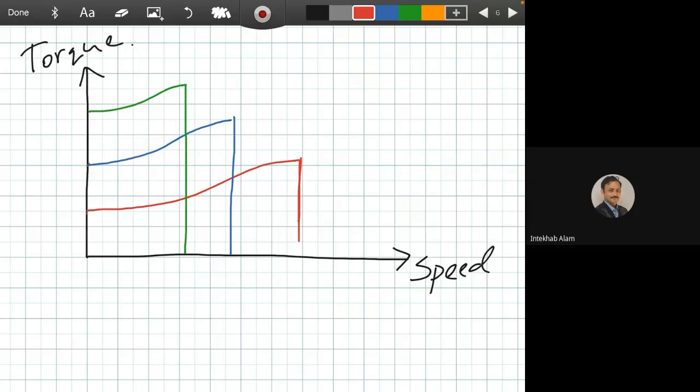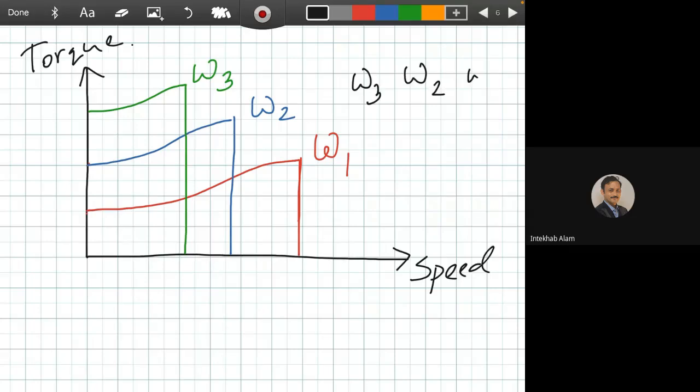So this is omega 1, this is omega 2, this is omega 3. So if we write omega 3, omega 2, omega 1,